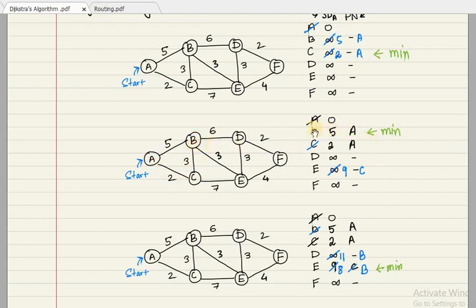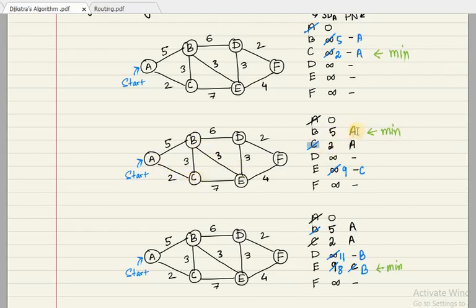Now if we look at this record here, we already have the cost 5 if we directly go from A to B. So if we directly go from A to B, the cost is 5. So we need not update it anymore. Okay, we need not update it, because if I update this particular record and say that okay, now let us keep the value 5 here, but let the previous node be C. Okay, because now we are concentrating on C. So if you have to go to B from A through C, then the previous node is going to be C. Yes or no?